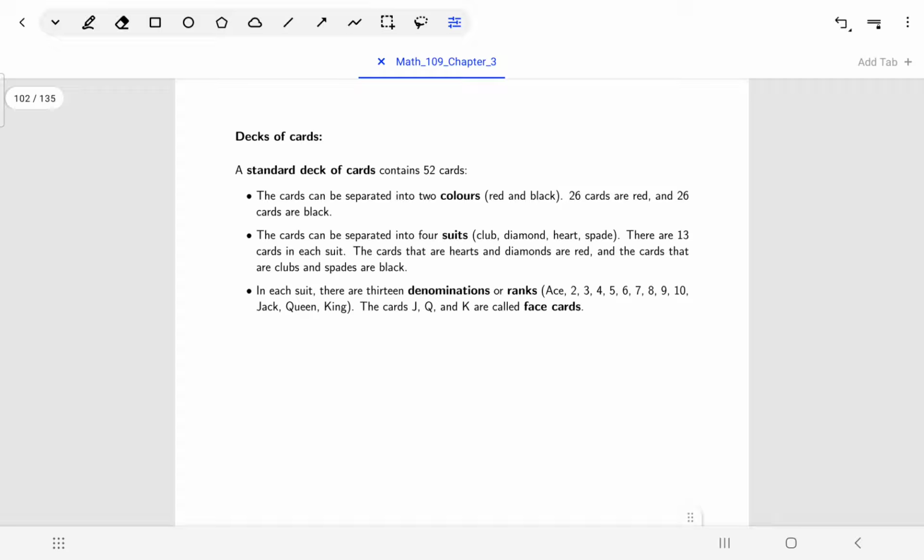Specifically because we're going to be talking about cards quite a bit when we get into probability, because we'll have all sorts of questions about, if I deal you a certain number of cards, what's the probability that this or that might happen? And part of that's because really probability as a discipline started in the studying of gambling, believe it or not. But just to leave the probability side alone for now and talk about the decks of cards themselves,